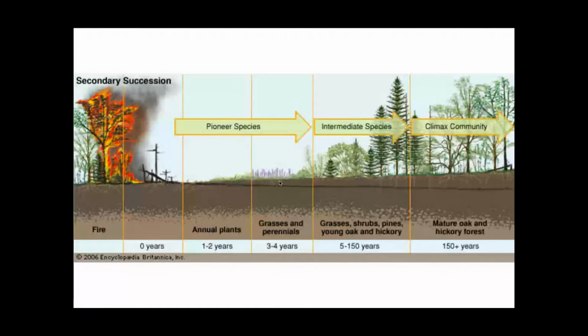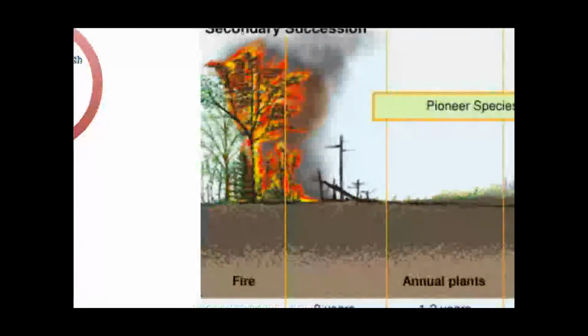So in secondary succession, it looks something like this. You might have a natural disaster. Your soil's still there, so your plants and shrubs and bushes and grasses can move in right away. We don't have to wait for the lichens to break down rocks into soil. And then again, it's going to turn into your climax community. It's going to go through that stage where every organism that moves in changes it a little bit to allow the next group of organisms to move in, and the next group of organisms to move in, and so forth and so on.